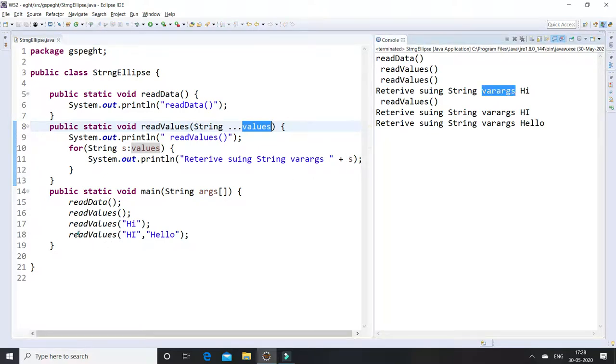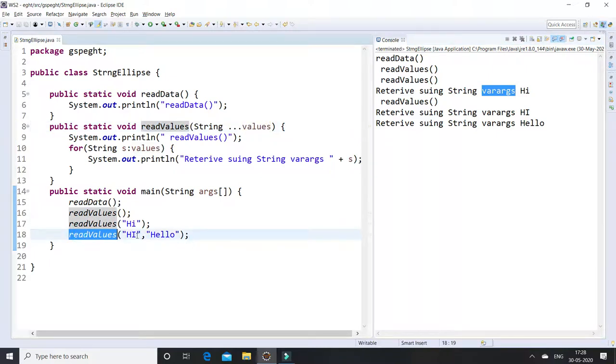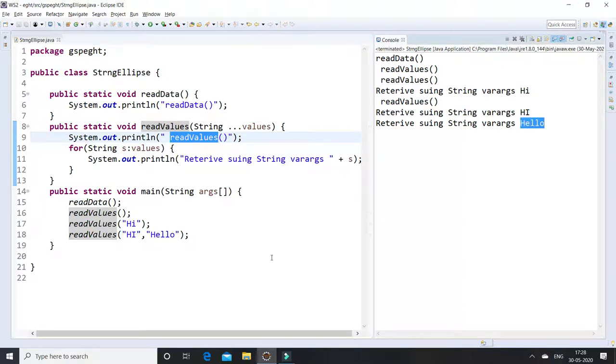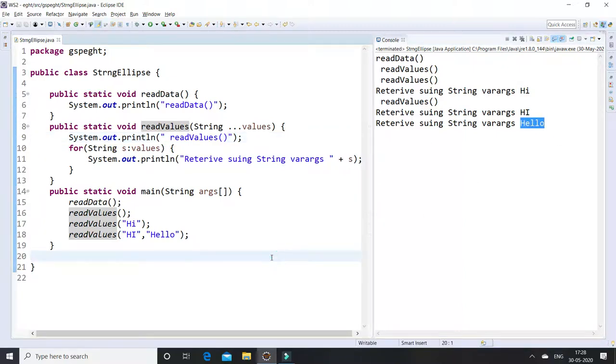Second, I am passing two different arguments. Again it will read these values, taking the two values, and iterate through the for each loop, displaying the values. That is the major difference in using string varargs in a Java application, instead of creating as many methods like read data.